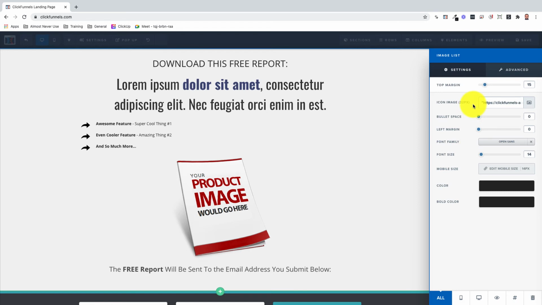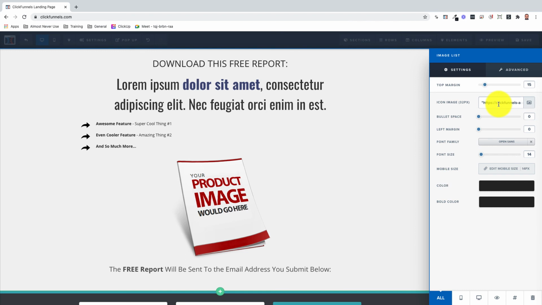Now it's important to note when uploading your image that the only supported image types are JPEG, GIF, PNG, WebP, and BMP. It's also important to note that using a third-party link inside of the field here is not recommended, as it will not be saved into ClickFunnels. We recommend uploading all of your third-party images into the ClickFunnels image library to ensure that the image remains available on your ClickFunnels page at all times.